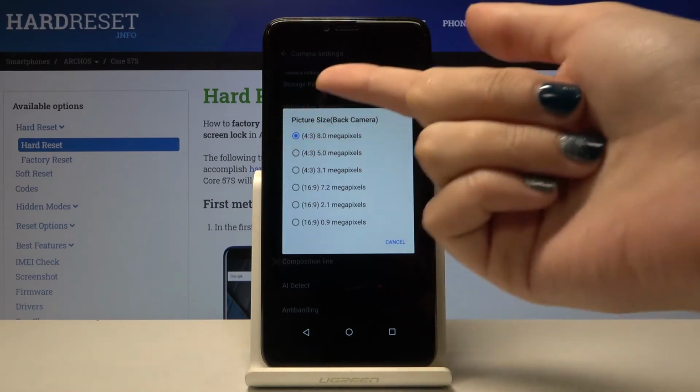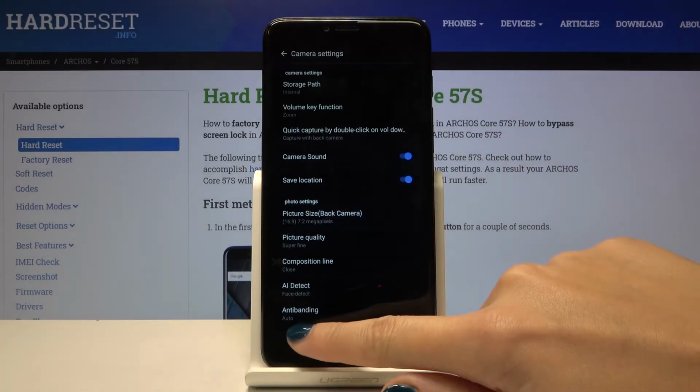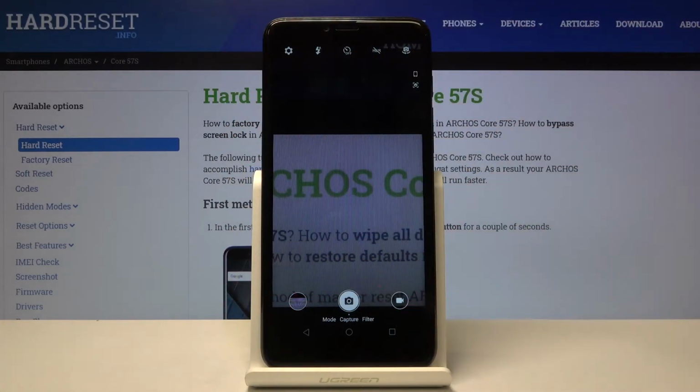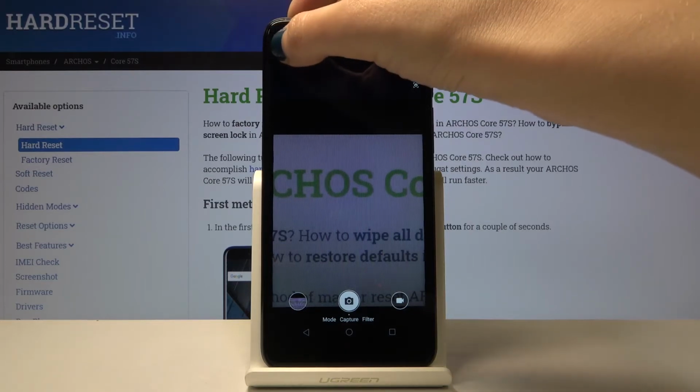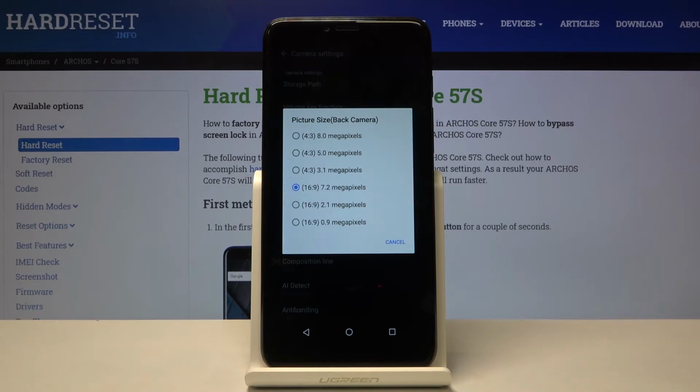For now the ratio was 4:3, so let me pick for example 16:9, and when we go back to the camera we can see that the camera frame has changed to a little bit longer one. When we go back to the settings and pick once again the picture size, we can go back easily to